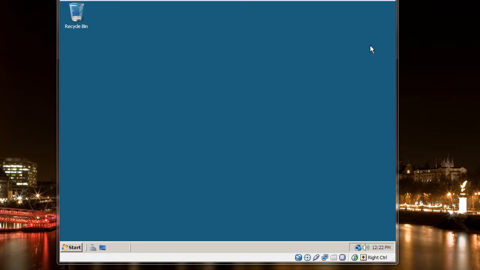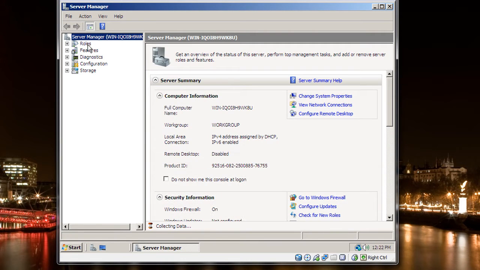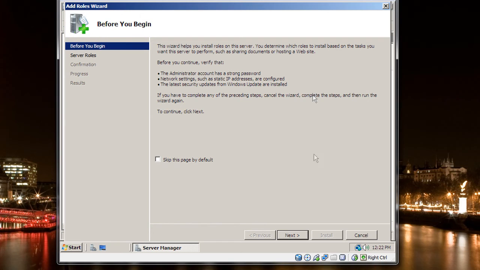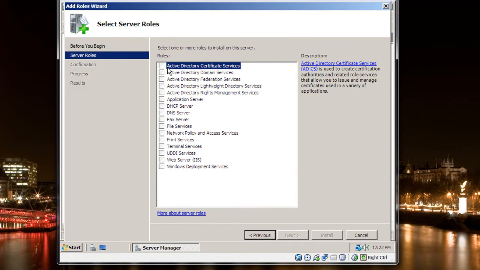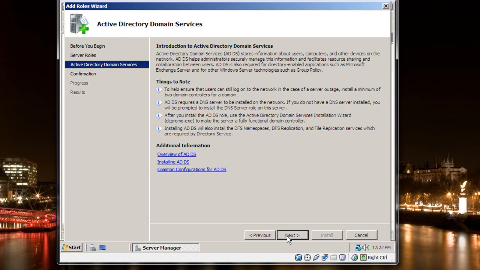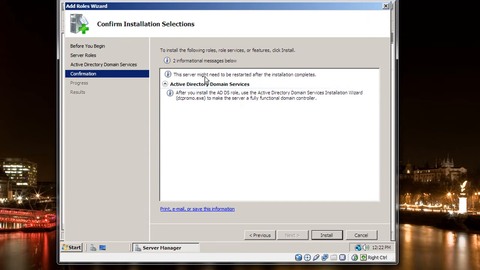Now when installing Active Directory, we normally open up Server Manager. Let's wait for it to finish collecting data. Go to Roles, Add Roles, then click next, then you'll see Active Directory Domain Services here. Then you click next here and next here and install. Now as you can see, the server might need to restart after installation completes, and you also read how after you install the ADDS role,